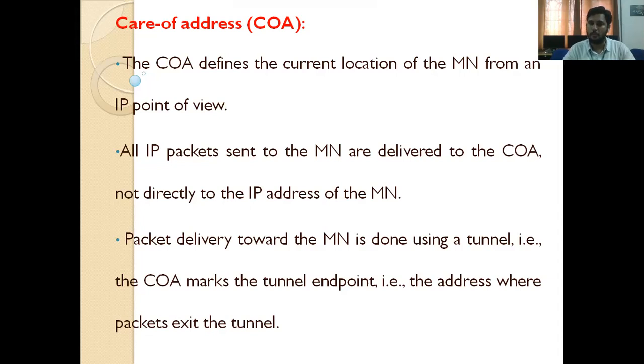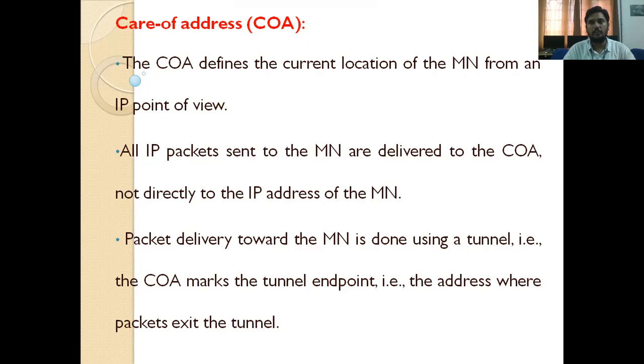For example, the mobile is moving from one location to another location. For example, the sender is the fixed host. So the sender is there in KHIT, and the sender wants to transmit data packets to the receiver. So here the sender is CN, the correspondent node. He wants to transmit a data packet to the mobile node MN. If the MN is also in the same home network, there is no problem. But here the MN is the movable one. So the receiver is moving from one location to another location, and at the time of packet delivery, he is in Guntur.